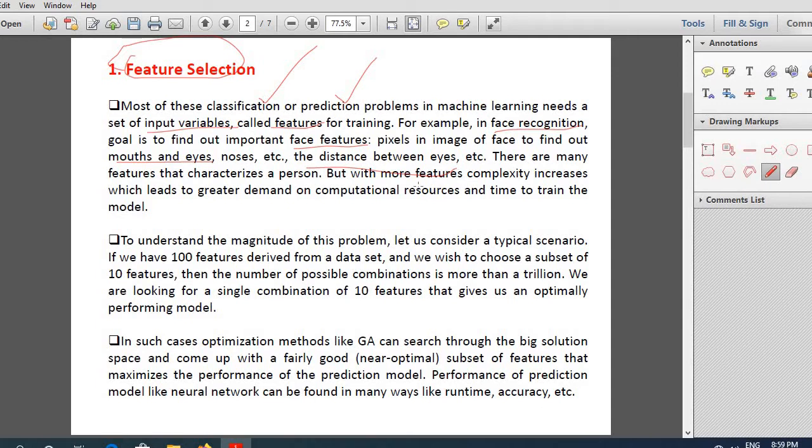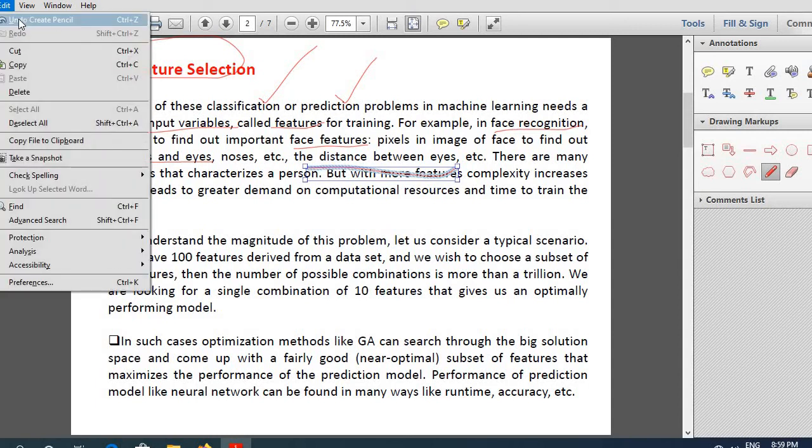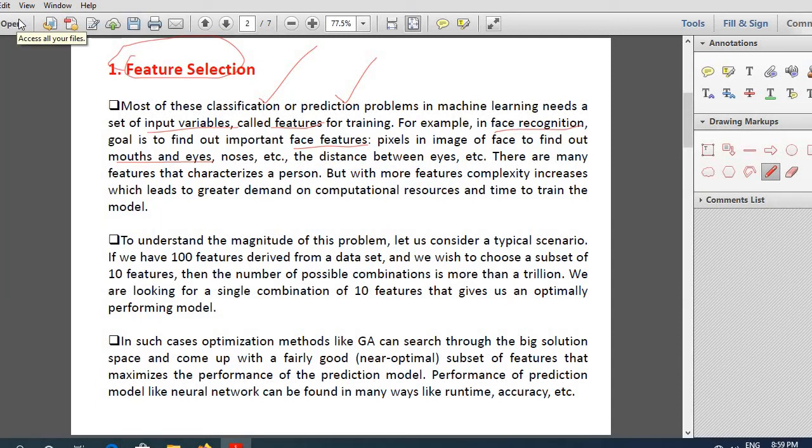The problem is that when the number of features taken as input increases, the complexity of the neural network model also increases. More neurons will be required, more computations need to be performed, so more time to train the network will also be required. For example, assume that we have 100 features.